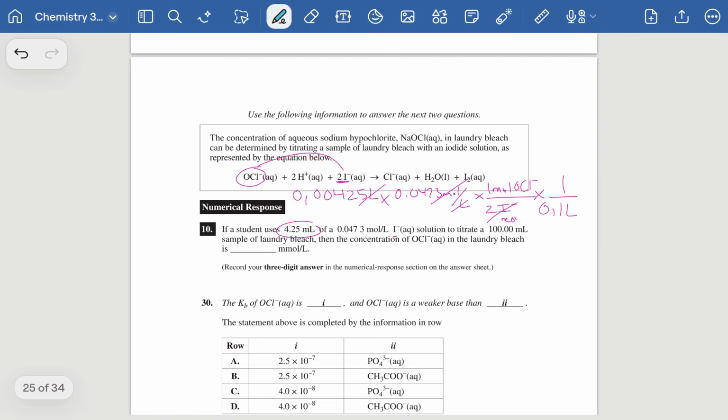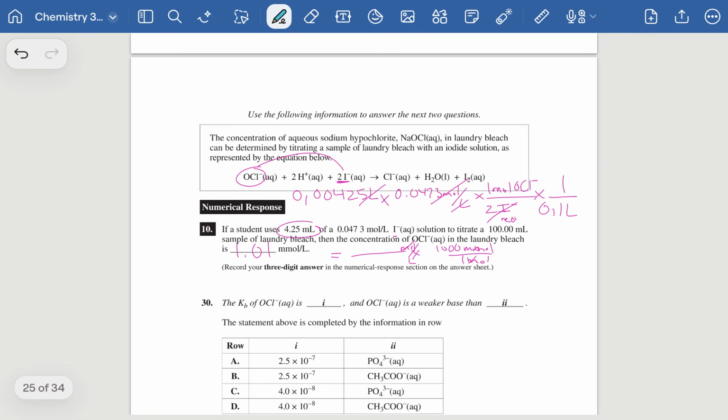So you'll go through all this, you'll get a fairly small number. The number you get here needs to be multiplied because this is in moles per liter, and it needs to be in millimoles. So you multiply it by 1,000 because there's 1,000 millimoles per 1 mole. So your moles will cancel and you'll have millimoles. If you keep that value in your calculator, just multiply by 1,000 and you would get 1.01 millimoles per